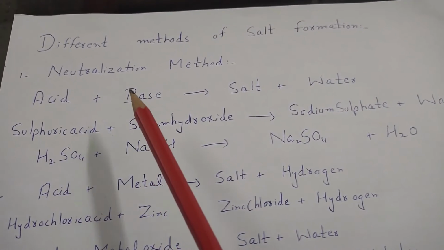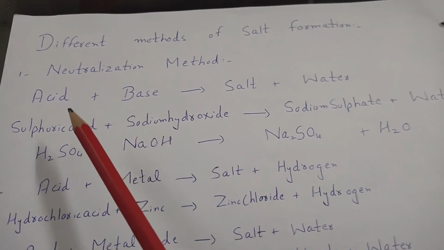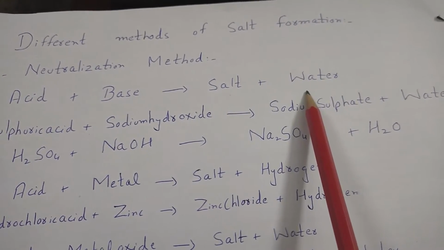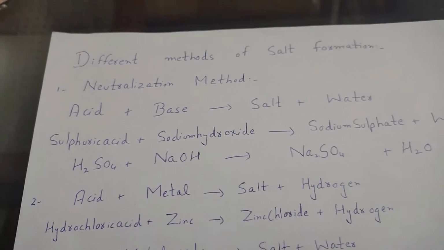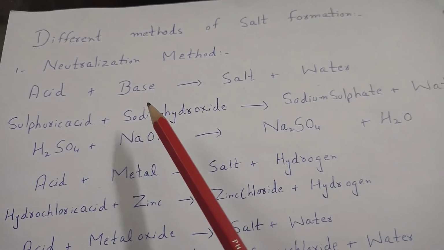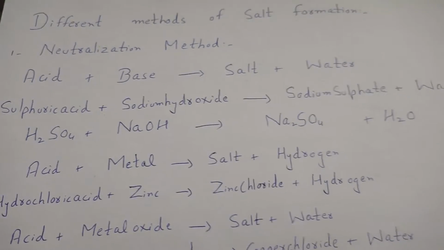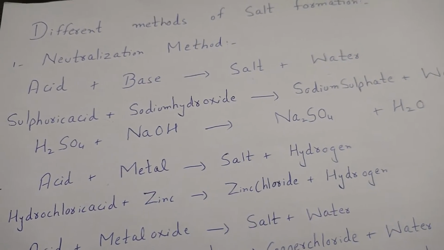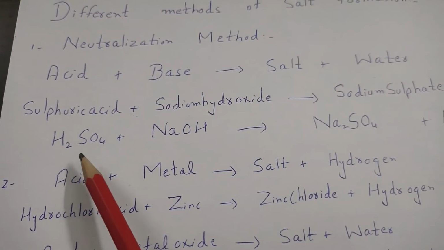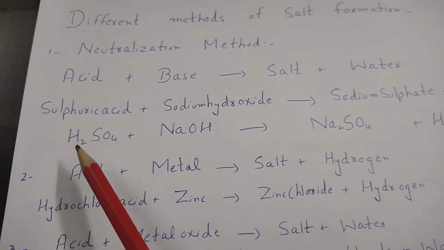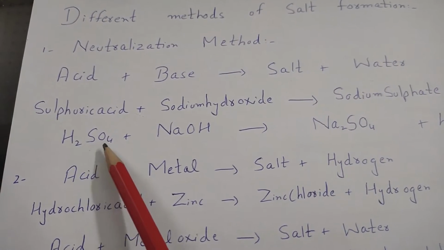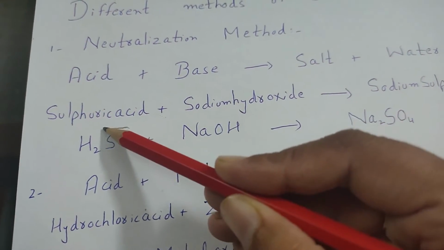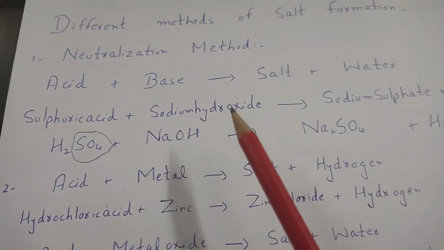The number one method, also called the neutralization method, is that whenever an acid reacts with a base, it gives us salt plus water. After this, I will tell you why we use the word base, not alkali. For acid, we can take any acid, for example hydrochloric acid. Right now, I am taking sulfuric acid. The formula of sulfuric acid is H2SO4. SO4 tells us about the sulfate. It reacts with the base,